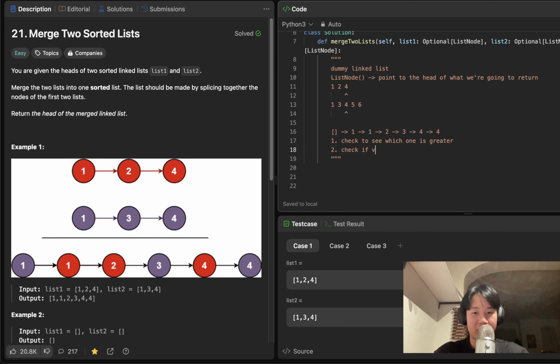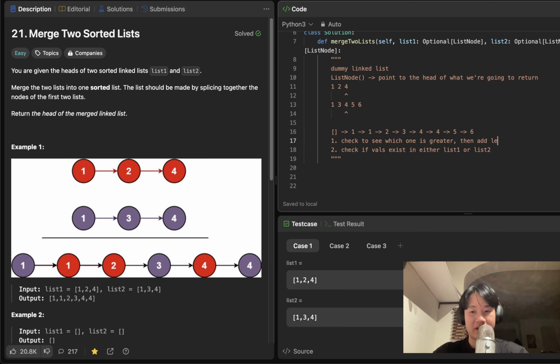Exist in either list 1 or list 2. If values exist in either list 1 or list 2, we want to return that one as the next value for our dummy one over here. So we want it to have, like at the very end, when one of the pointers reaches an end over here, we want to append the rest of the items. So like we have 5 or 6 over here, and then have that be our final result at the very end. So yeah, just to make things more clear, check to see which one is greater, then add